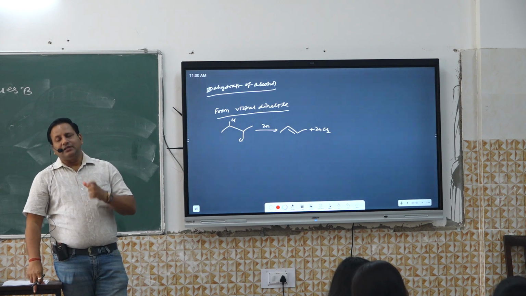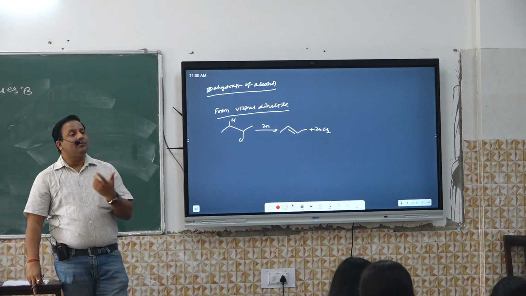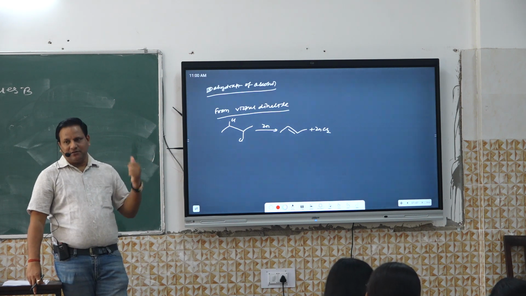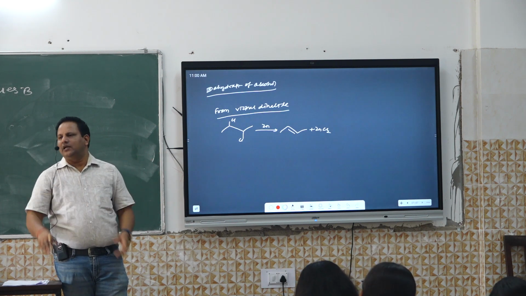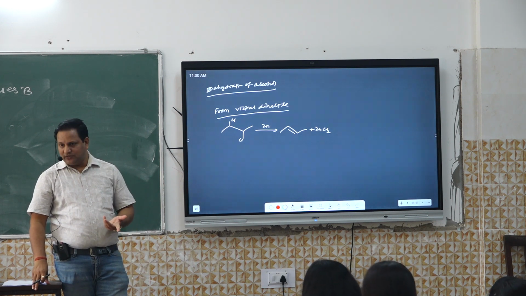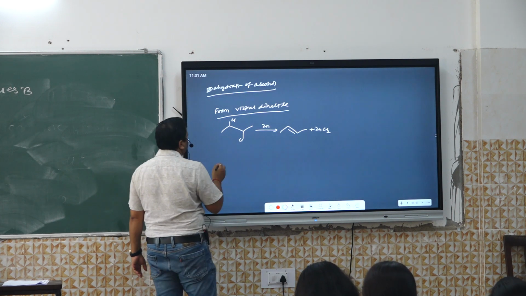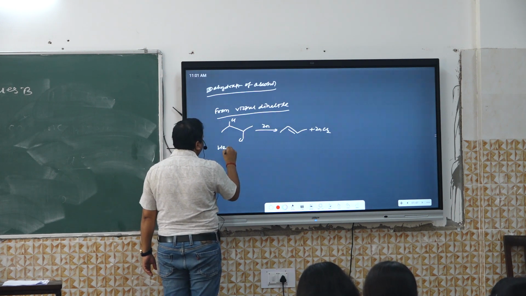The reason is that generally vicinal dihalides are prepared from alkene. Alkene plus halogen gives vicinal dihalide. So it is not the suitable method. Still we can use it in order to prepare. Okay. So the last method that is not there in NCERT, heating